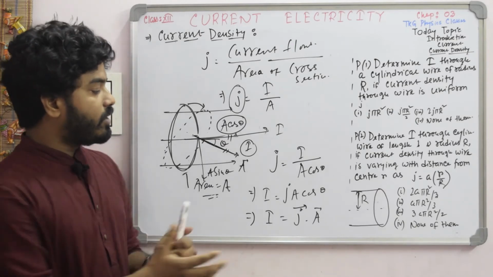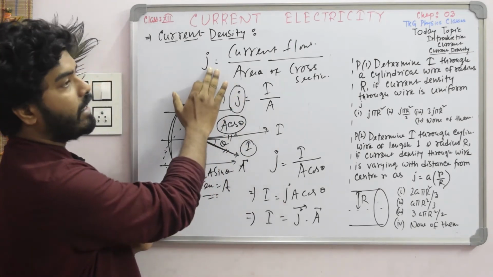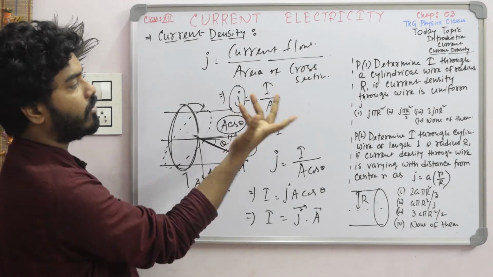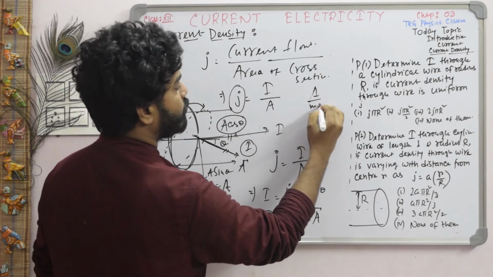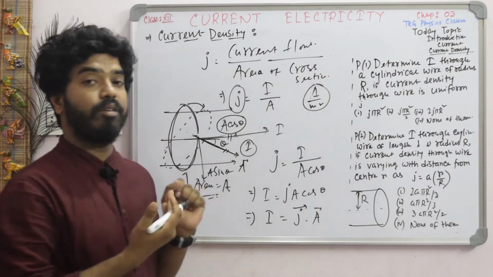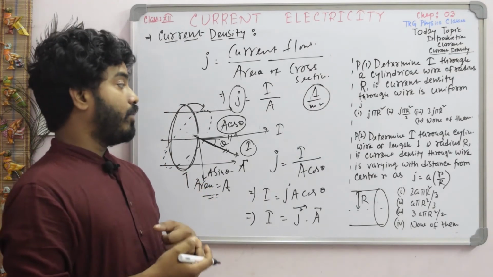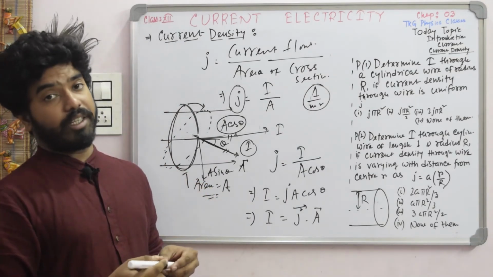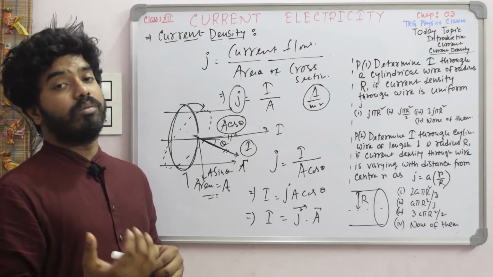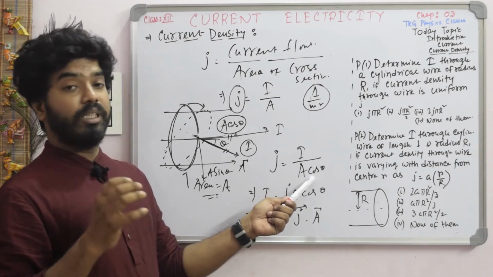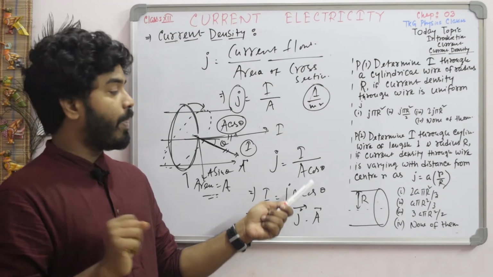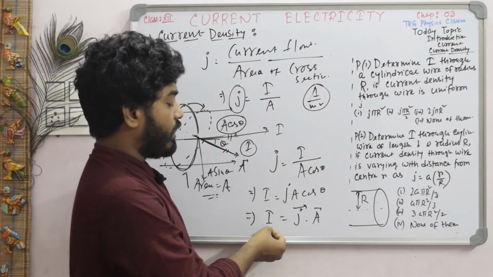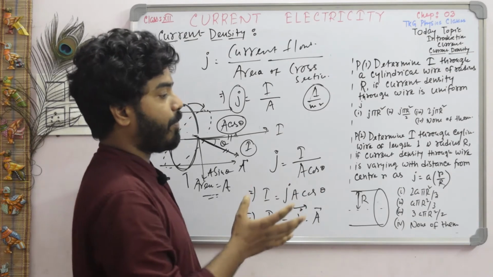Okay. So, this is the formula for finding current density, that is current per unit area. What is the SI unit? Current unit is ampere, area unit is meter square. So, ampere per meter square is the SI unit of current density. Now, when there is an angle between the direction of current and the area vector, we need to write here the horizontal component of current. Okay. So, the final form is I is equal to J dot A.